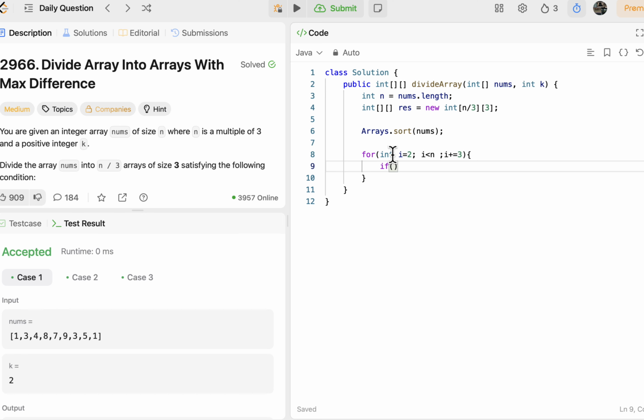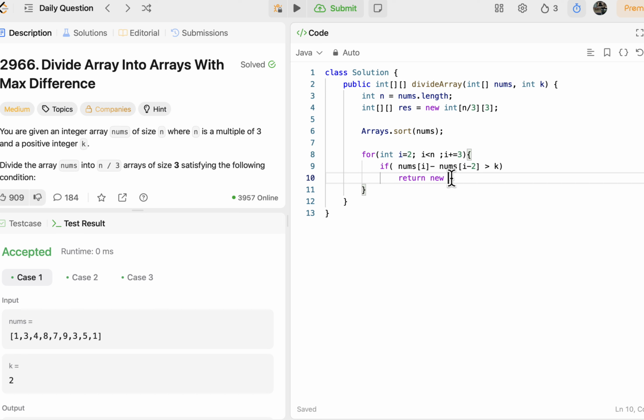Now I've added the negative condition. If nums of I minus nums of I minus 2, where I is 2, then 2 minus 2 is 0. So nums at 2 minus nums at 0, if that value is greater than k, it means it's not a valid input. If the input is not valid, then directly return